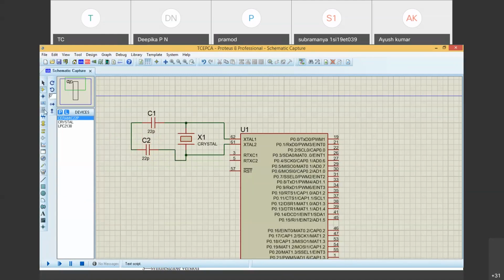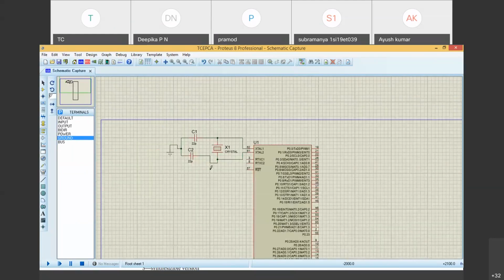Where is ground? Now I am in component mode. I'll click on terminal mode. Come this side, terminal mode. Two parallel lines are there. Click on terminal mode. Some other point inputs will come. I can take power, output, input, something like this. Ground I'll click. I'll take ground and I'll click here. So click once. So it is fixed. Now this point I'll connect to this. So they are connected to ground. That's it. This is the frequency part of your LPC2148.